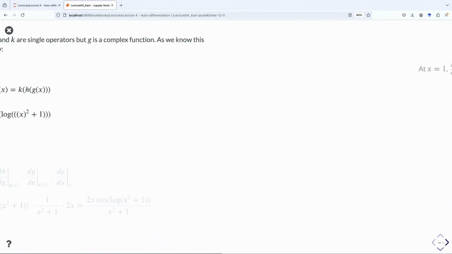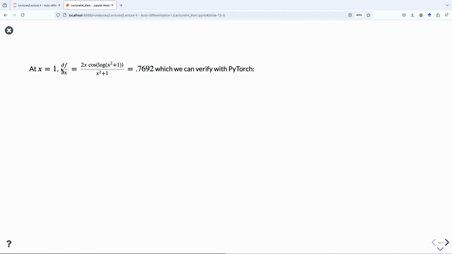Then we could evaluate this. It's always a good thing to double check your work with the computer, both to have a theoretical understanding and make sure your theory is correct. So assuming x is equal to 1, we could simply evaluate this derivative as 0.7692. Remember, computers don't think in terms of symbolic notation. PyTorch is simply taking a small interval of a function and evaluating the derivative that way. It's simply taking the slope of a smaller interval of a function and saying, the derivative of f with respect to x is whatever this measurement is, right? So we always have to assume a particular value for x, and then evaluate the derivative at that point if we want to match it with